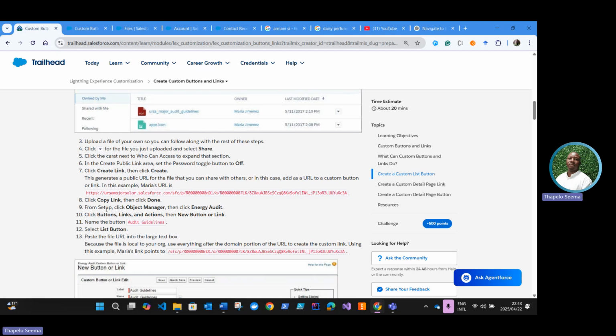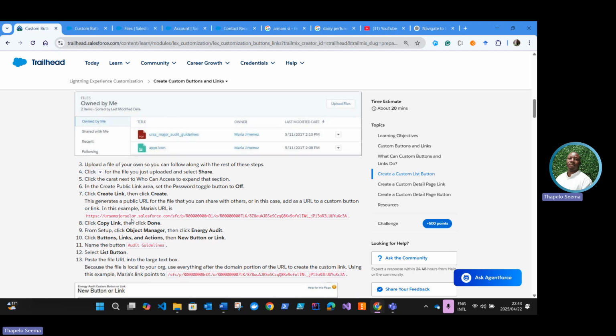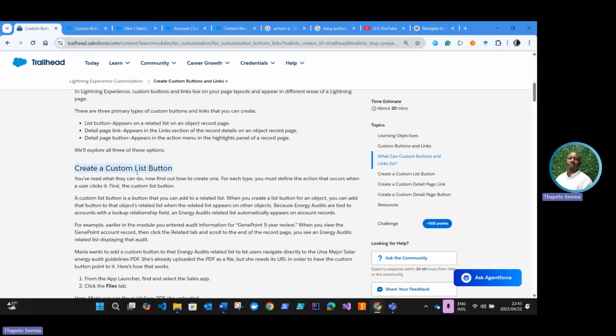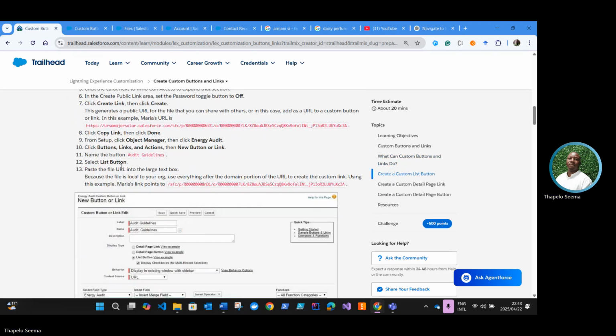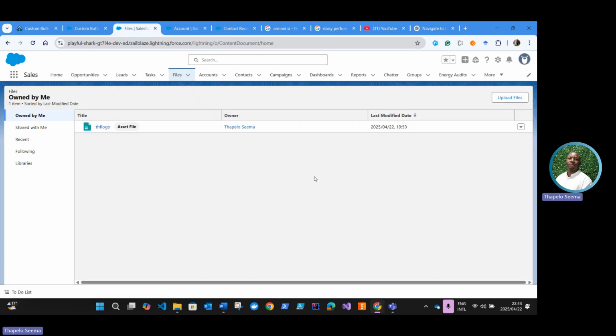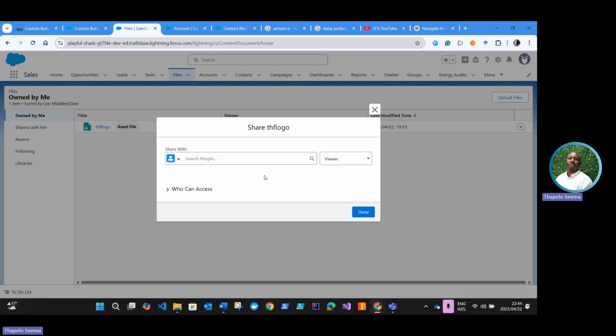This link, and then we are going to list button, right? So I guess this is what we're trying to do, list button. So let's go on and get the link first. So in order to get the link, go to the file and say share,